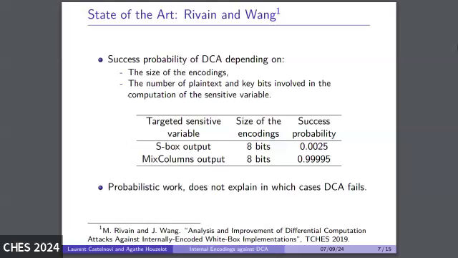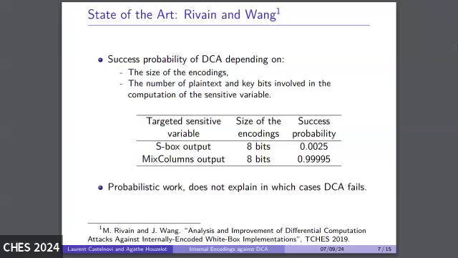or on one size for the encodings, but today we are interested in the protection of the AES, and so in the protection of the S-box output and the MixColumns output, which are the two sensitive variables. Regarding the size of the encodings, in practice we usually want encodings that have a size that is a power of 2, since it is more convenient, and we also want small encodings in order to not have too big memory requirements. So if we resume the work of Rivain and Wang on AES with 8-bit encodings, we obtain